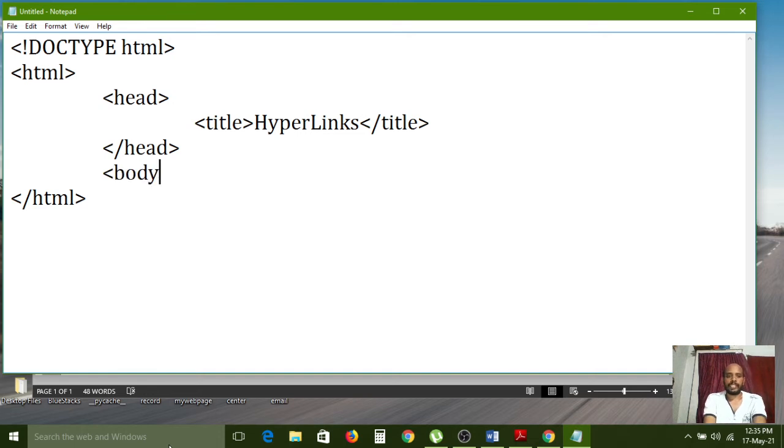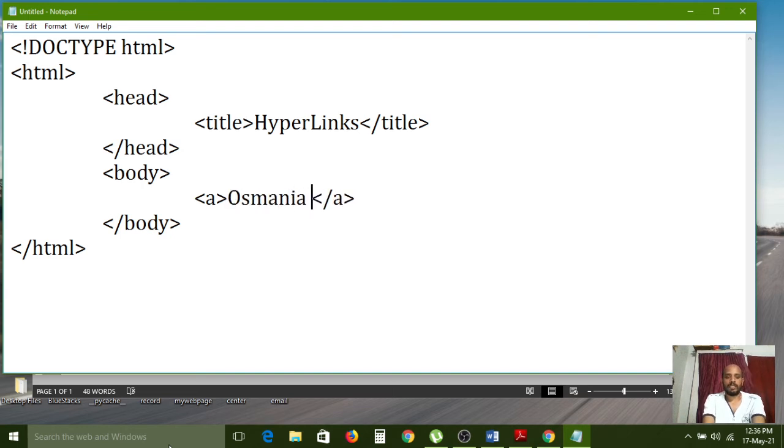Next, coming to the body section, here we have to create the links. So in between the body opening tag and closing tag, now I am using one anchor tag, Osmania University. So this is the link I have created. href equal to that website address I am giving.